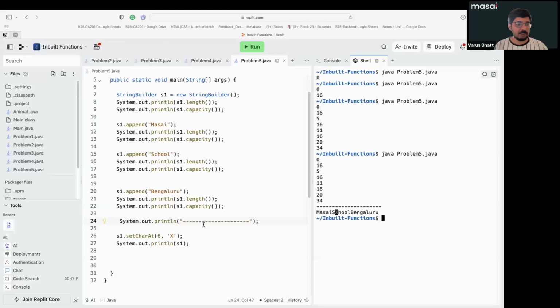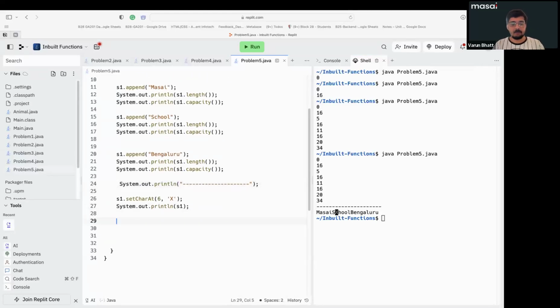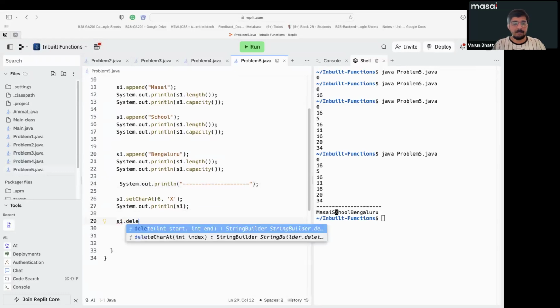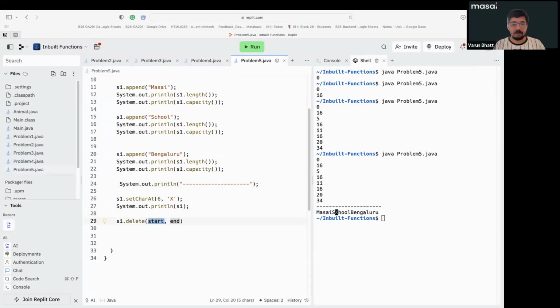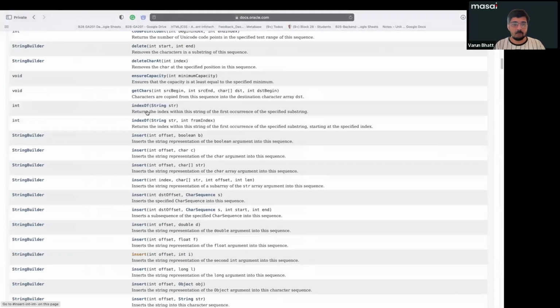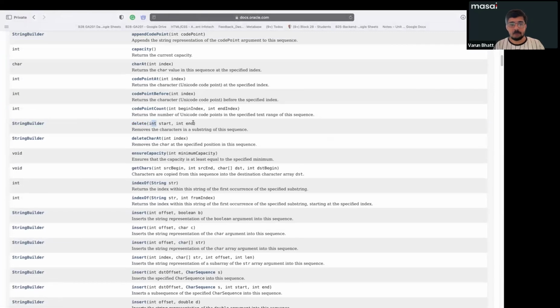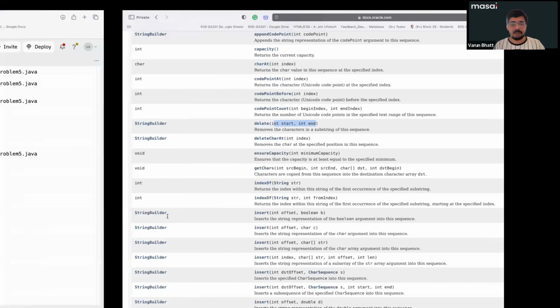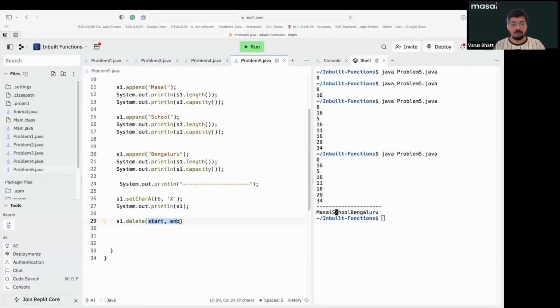Now the other function we have is if I want to delete something. So s1.delete. If you want to delete something, I just go here and find D. Just go to D. So this is delete. Here it is asking for two parameters, start and end: from where to where do you want to delete. So I'm saying that I want to delete it from 5 to 12. Let's see what will happen. And if I again print it, it will delete the